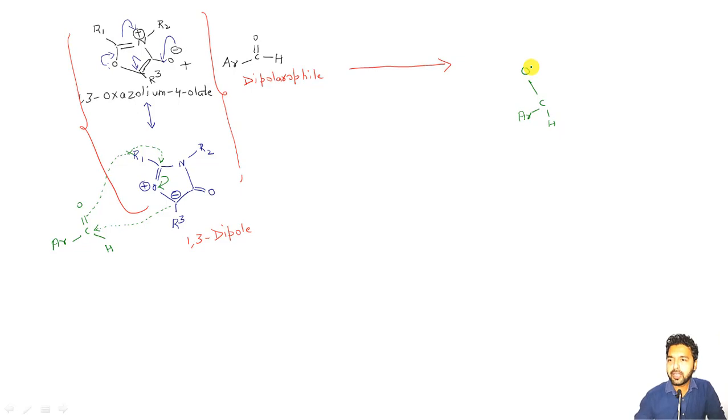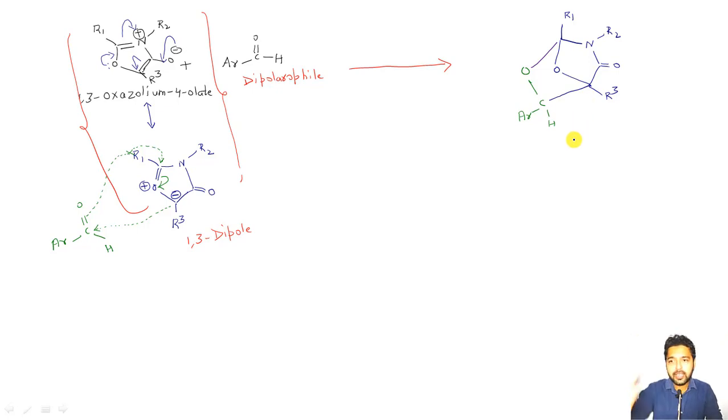This will now form a bond with this carbon atom here, which is having a nitrogen R2. This is also having R1 here. Then this carbon, double bond, oxygen, this carbon here having R3, and now a bond formation between this carbon and this carbon atom. So I have to do it like this, right? And moreover, this is also having an oxygen atom in this way. So it will be like this, right?